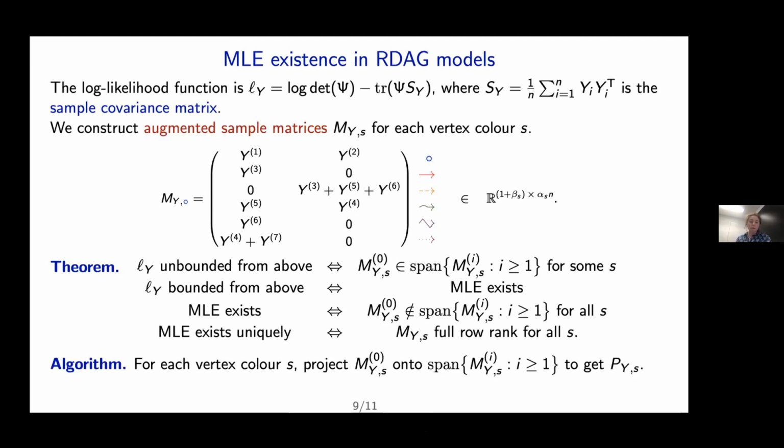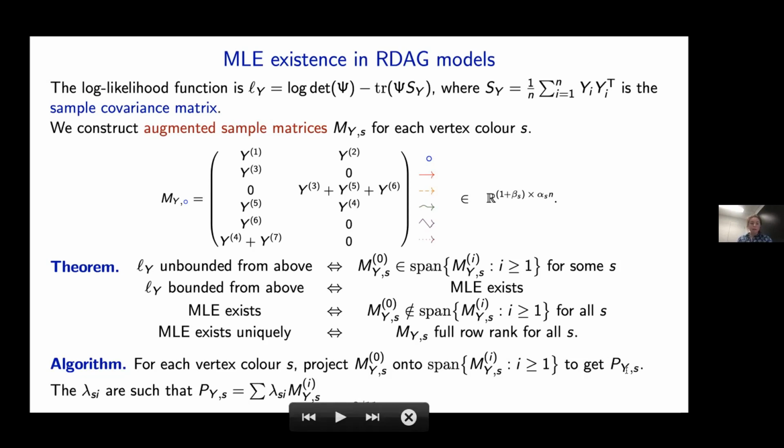So how this works is for each vertex color, we project the 0th row of this matrix onto the span of the others to get this projection, which I'll call PYS. Then the maximum likelihood estimates for our lambda entries are the coefficients such that PYS is written as a linear combination of the other rows,